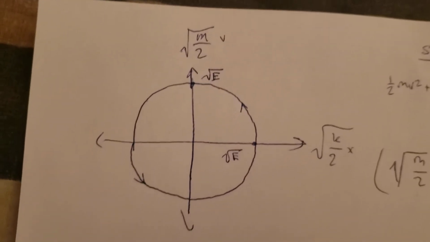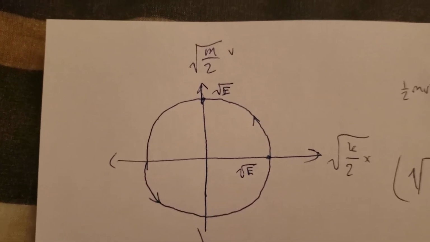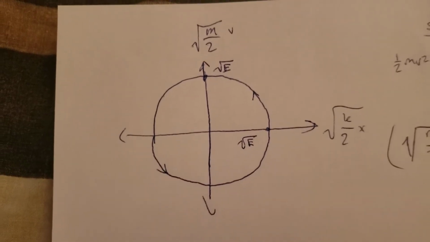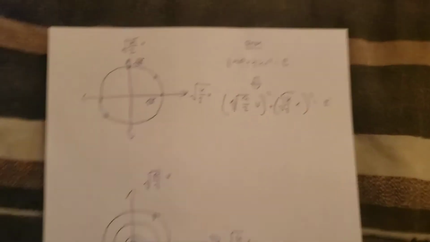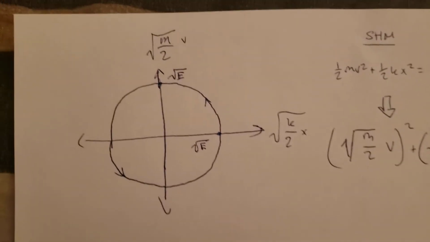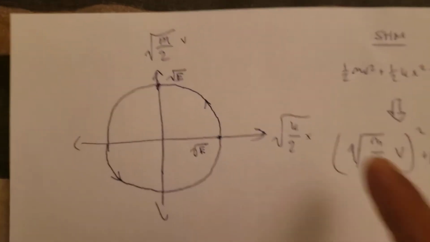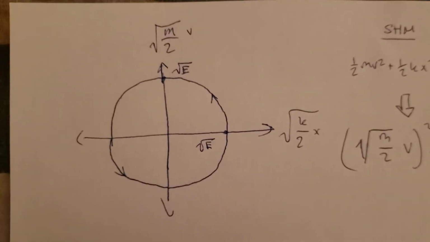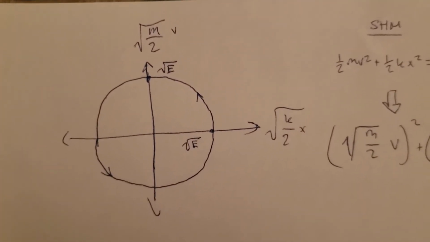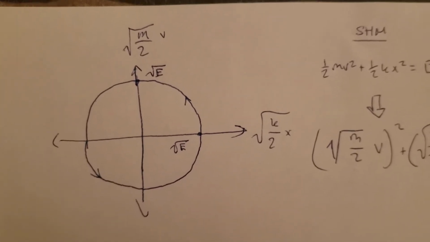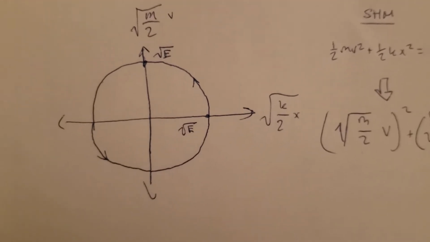So while your typical simple harmonic motion graph might be amplitude vertically and then wiggle off like so, this one is just a circle graph, which I think makes sense because if position is on the x and velocity is on the y-axis, basically that means every time the circle crosses the x-axis,